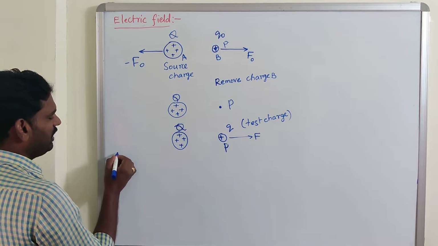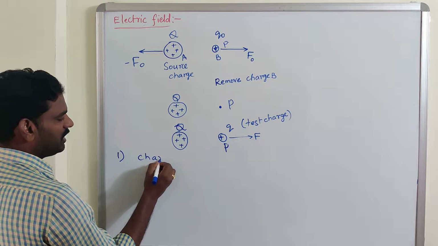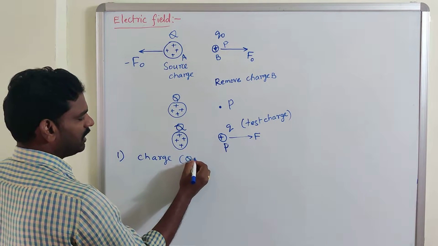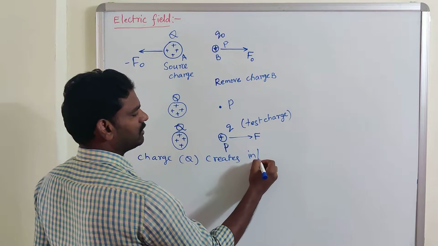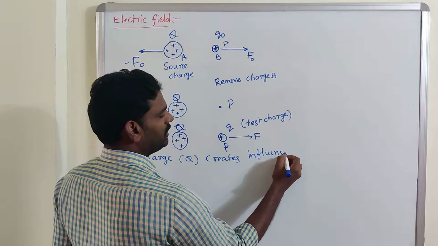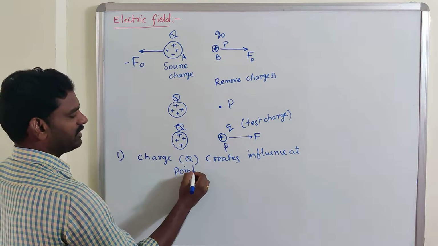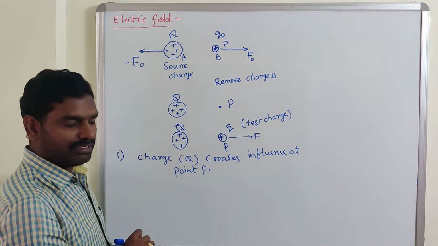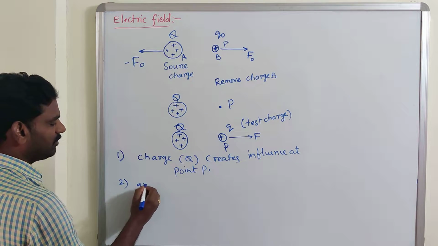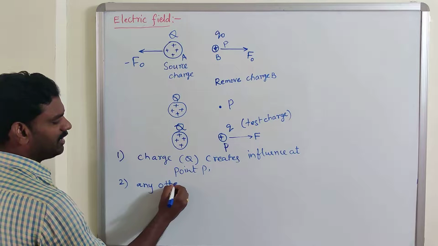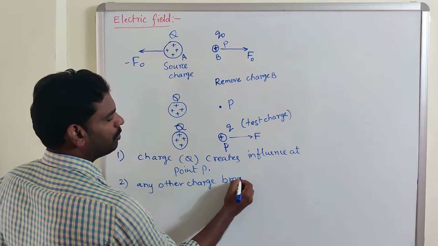What is electric field? Here I am writing the conclusion. Okay, charge Q creates influence at point P. At point P, it creates some influence. Okay, that influence we call it as electric field. If any other charge is brought to point